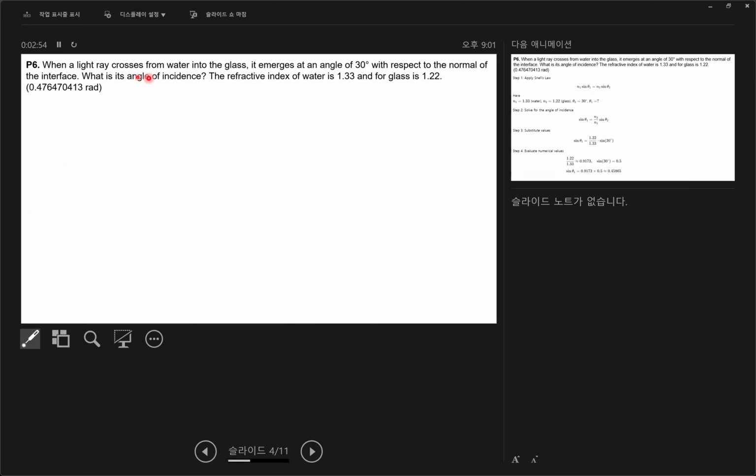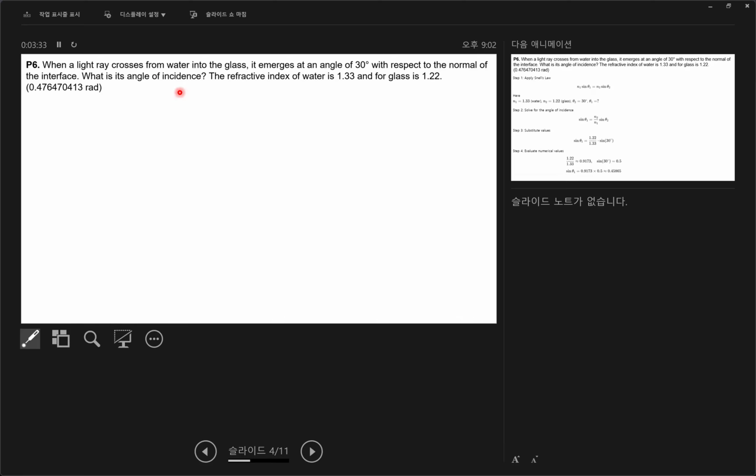And in physics, when a light ray crosses from water into the glass, it emerges at an angle of 30 degrees with respect to the normal. What is the angle of incidence? So now it's time to think about what is happening. It's water and glass, not air and glass. So you have two different media, one is water and the other is glass. The refractive index of water is given and the glass is 1.22. And then we need to find out